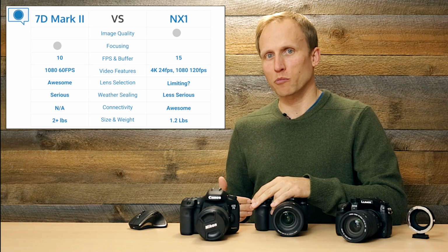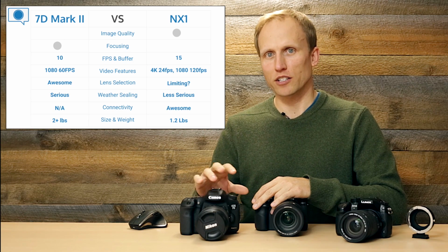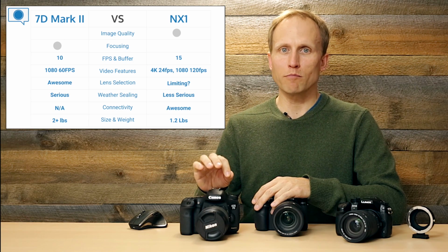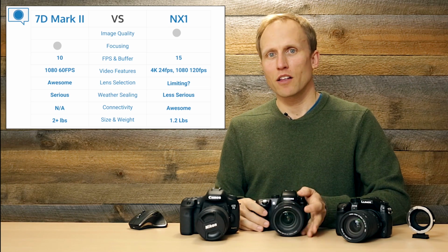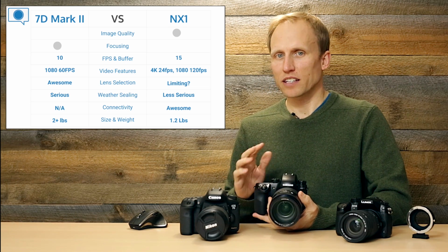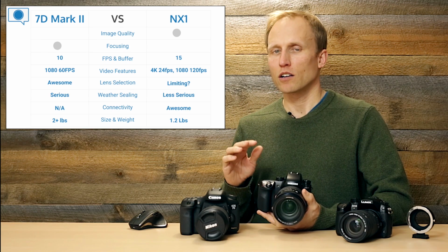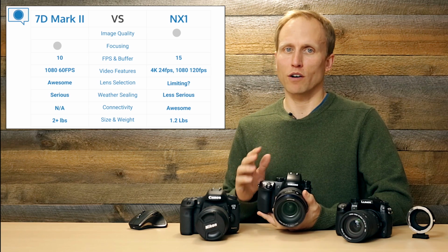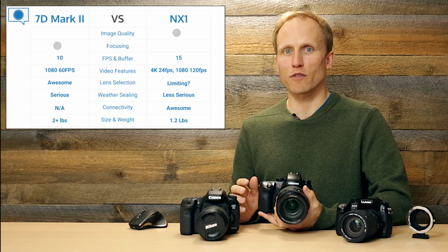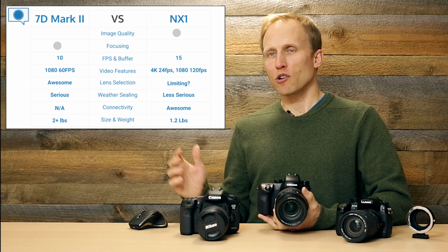And now let's just hit these other points to keep this review from getting too long. The weather sealing is serious on the 7D Mark II, one of the most weather sealed cameras to date. The NX1, people are calling weather sealed. Samsung has used the term weather sealing, but their manual states that it is not dust proof, to avoid dusty environments. That's a little bit of a red flag to me,